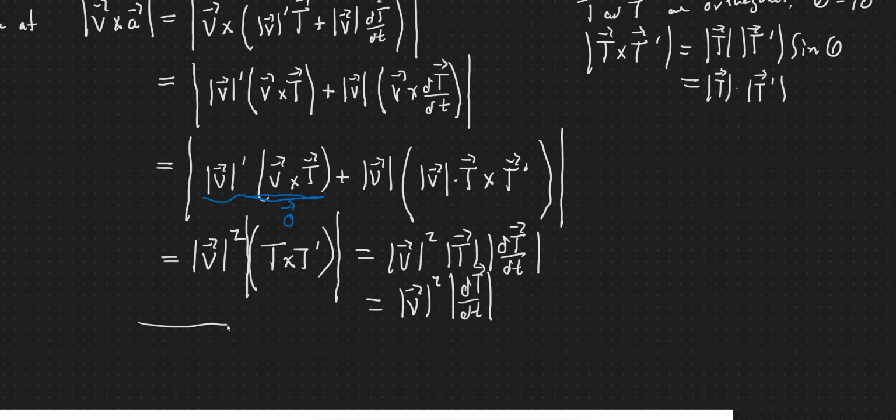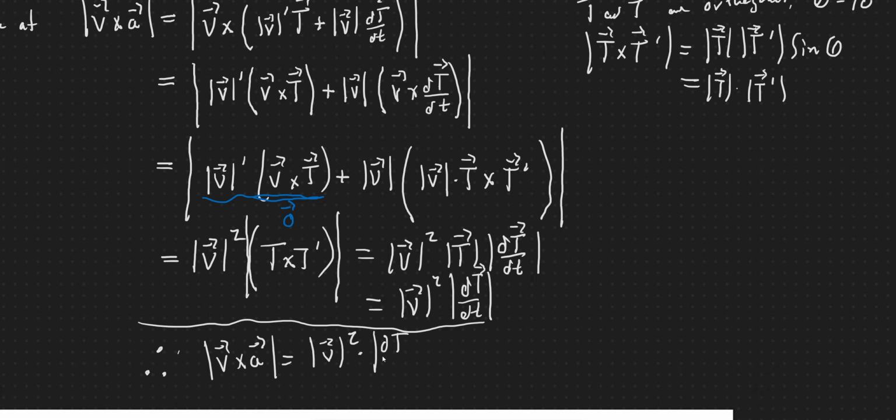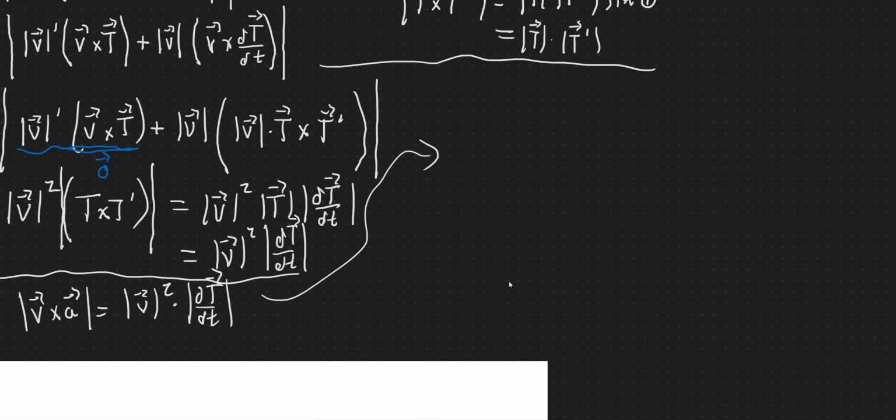So what's my big conclusion from all of this? What did we gain? We now know, so conclusion is magnitude of v cross a is the speed squared times the magnitude of the derivative of my unit tangent vector. All right, we're almost to curvature. Remember what curvature is. So now let's go over here. What is curvature again? Curvature is 1 over magnitude of v